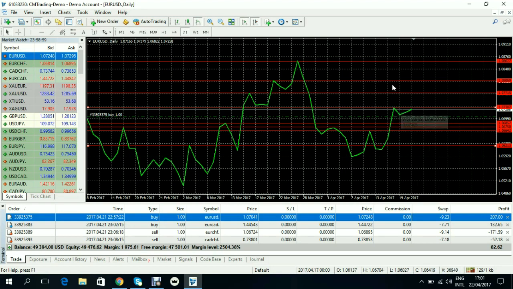I am not going to use any jargon in explaining this. I will explain them in normal English language for you to understand. So now that we are able to identify resistance levels, and now that we've been able to mark them,